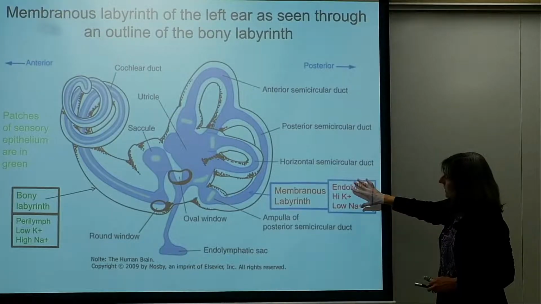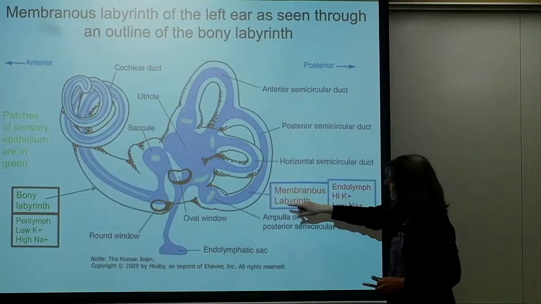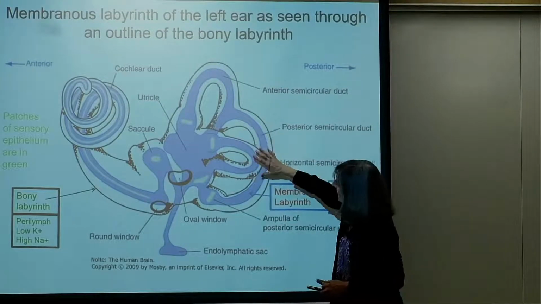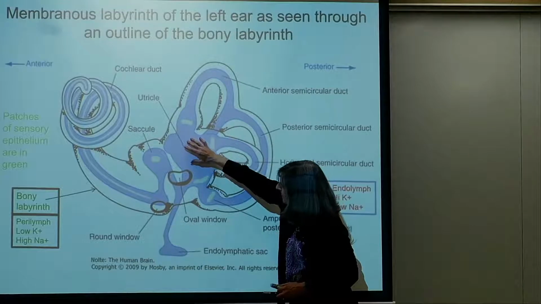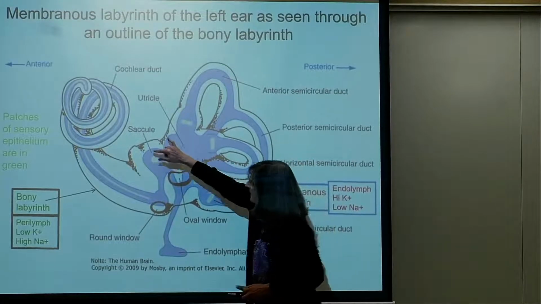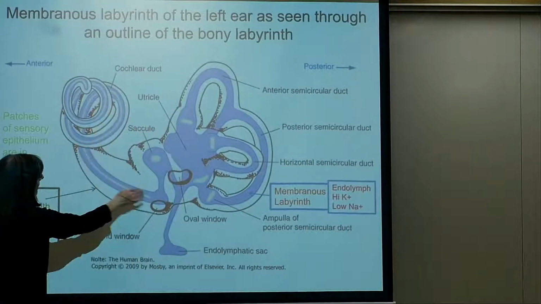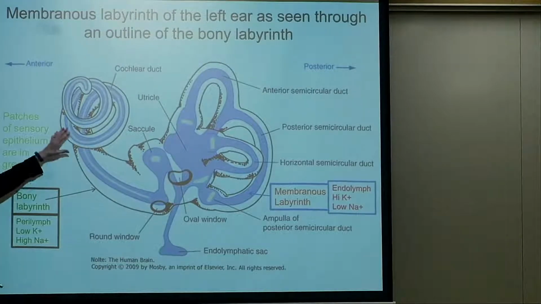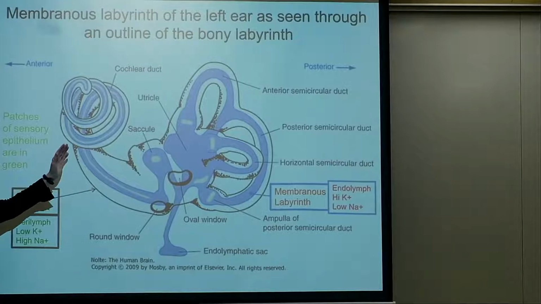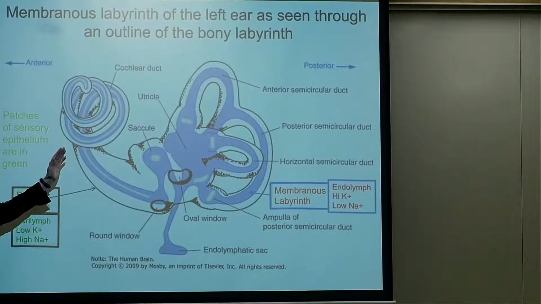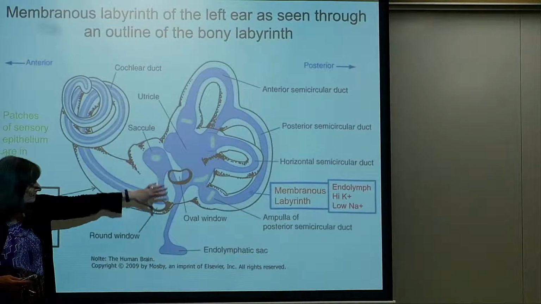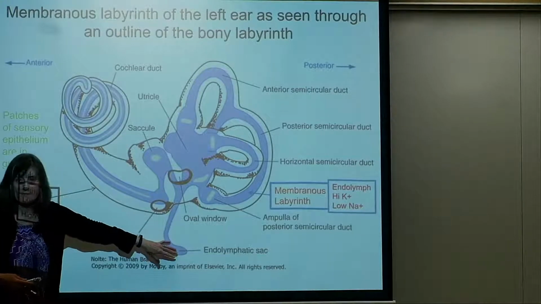Each of these, so here's our duct, and you might notice that the endolymph, all these semicircular ducts here, as well as the utricle and the saccule, which are our otolith organs, and the cochlear duct, they're all continuous. So we have endolymph that's all throughout this whole duct system, and it turns out that endolymph is produced continually and automatically, and then it gets